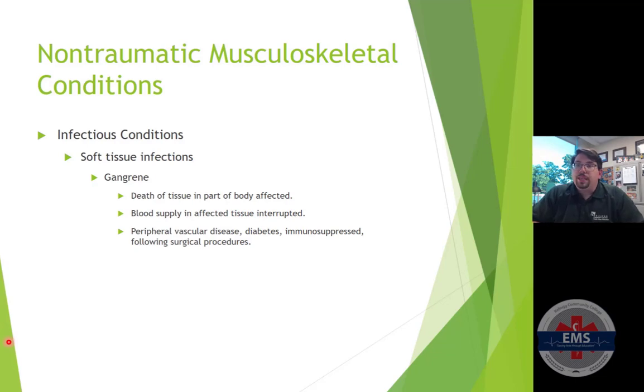Gangrene is another component we deal with. Gangrene is basically because of death of the tissue that's occurred in part of the body that has an affected injury or had an infection or whatever it might have been that's leading to death to tissue. Blood supply is definitely going to be an issue because we know in order for tissue to begin, in essence, to rot and to decompose, it's going to have a blood supply that's going to be interrupted for a significant period of time. Things like peripheral vascular disease, diabetes, the immunosuppressed, or even following surgical procedures can lead to a